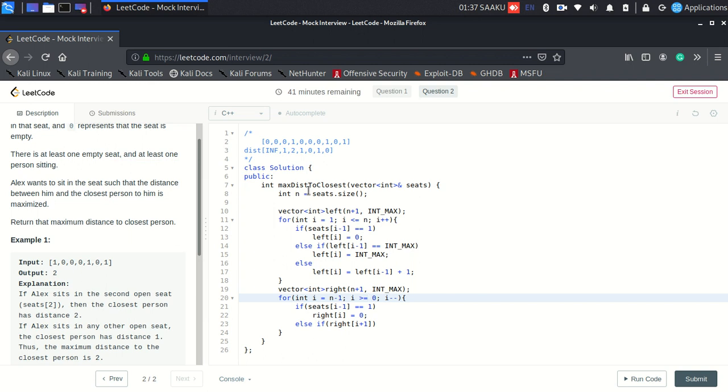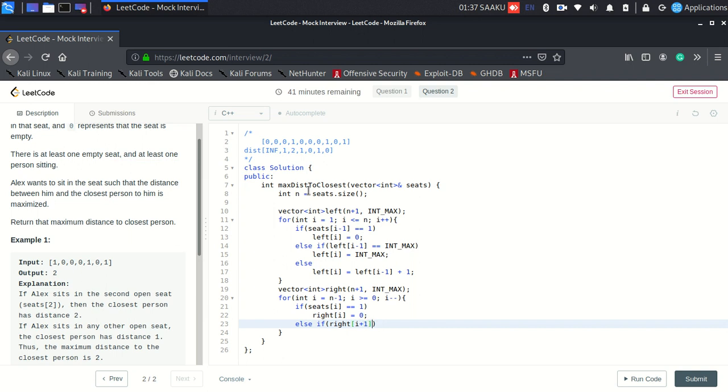Yep. If seats of i, yeah, this is what I'll do. If seats of i is equal to 1, I'll do a right of i, that is my n minus 1th element. Since n is my size, so n would be the last element, so n minus 1th element would be 0, right? Else if